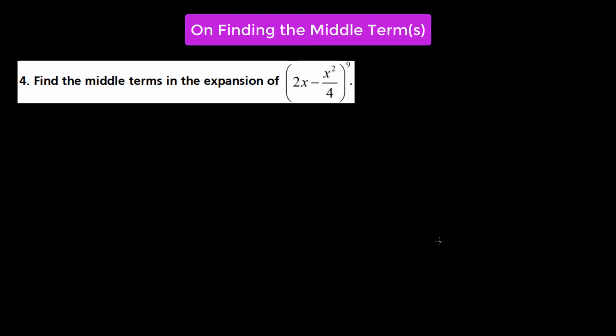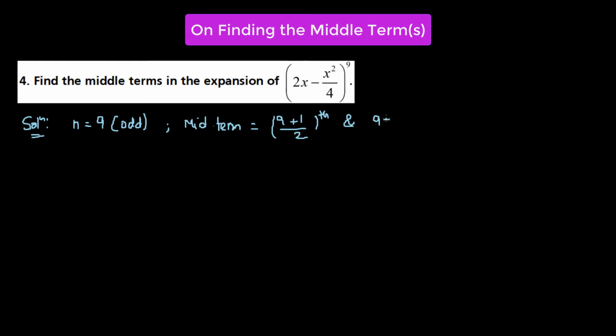In this question, we're given a binomial expression, and then we have to find the middle term. So we start by figuring out if n is odd or even. So n is equal to 9, which is an odd number. So for odd cases, the middle term will be given by (n plus 1) over 2-th term and (n plus 1) over 2 plus 1-th term. So 9 plus